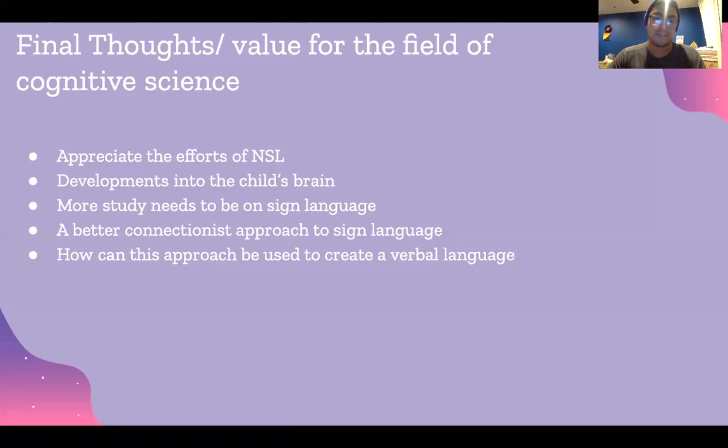This also ties to the better connectionist approach study to sign language. And how can this now be approached to create a verbal language? Obviously it would be a little difficult to conduct this research, but how would people be able to communicate with one another if they don't know any language? Although this would be a little bit harder to conduct,